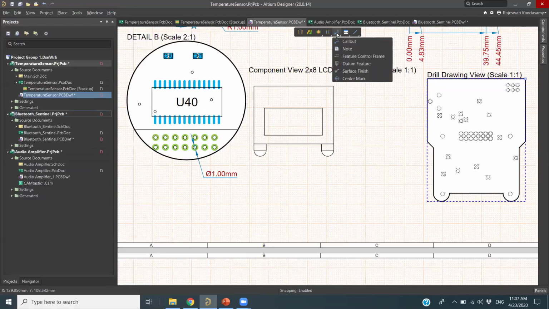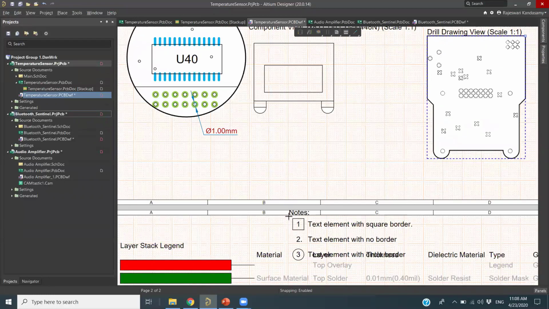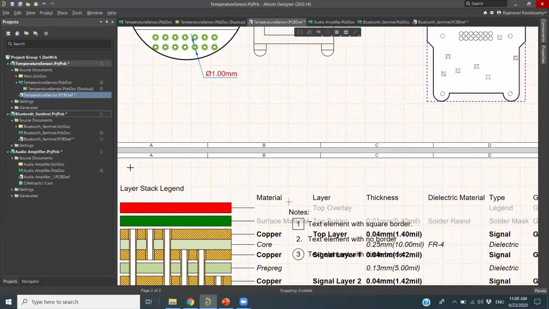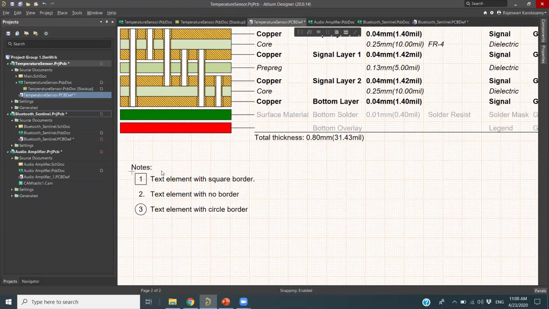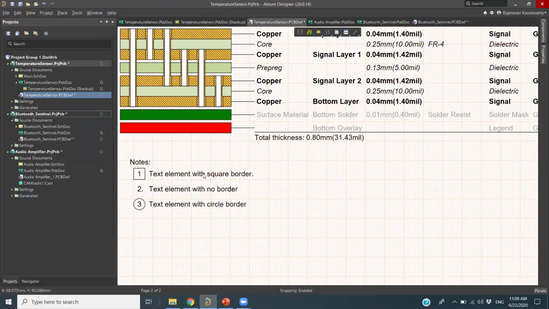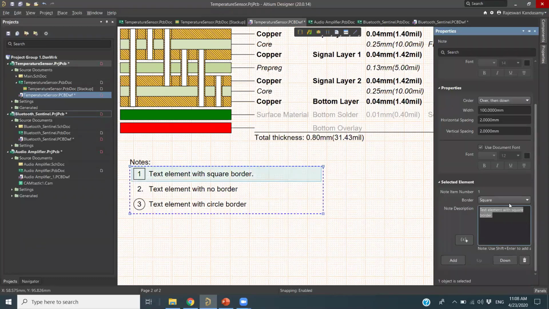Then we also have the callouts note. So if I want to create the note for my PCB board, I can create it. So I can just create the note and place it here. So here you will see the default comes with a square, the circle, and the text element. You want to type some message, you can just double click here, and then you will see the border and you can type the message. Now what I want to type is U40. Example is U40 is a manual component created.